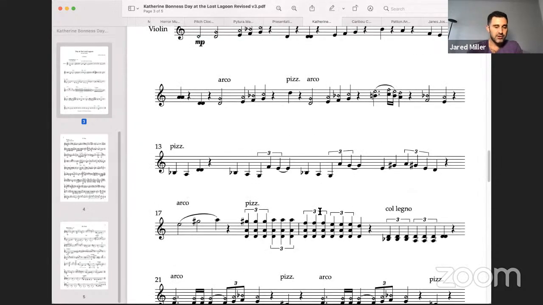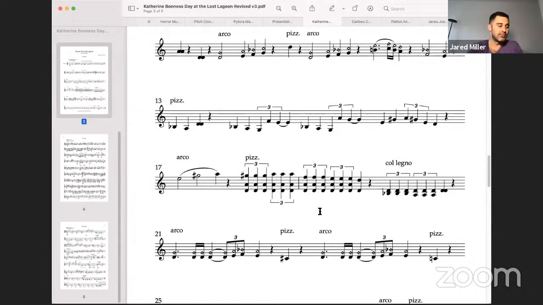I think Messiaen is actually a composer who gives off the impression of tempo rubato in a lot of his slower music, but he doesn't actually write it in. And a lot of Messiaen experts I've talked to, who play a lot of Messiaen, say that you shouldn't actually use too much tempo rubato with it. You should keep it kind of strict to the tempo. And that's an interesting quality of his music, I think.